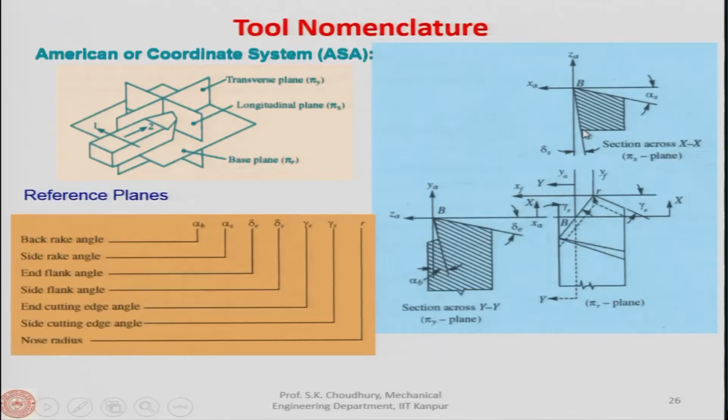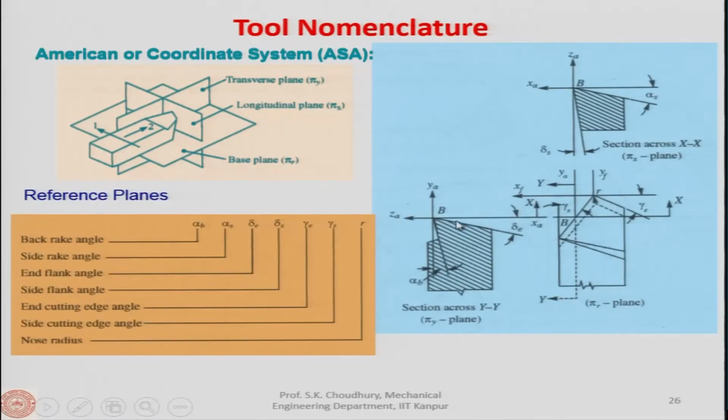Or you take this cross section like this at B point and then you place it here. So, you look at this, all right. Then only the rake face and the flank face will be visible. Similarly, for the YY, if you cut it like this, all right, and reveal what is visible. So, in this plane, okay, rake face here and the flank face will be visible. Otherwise, in this base plane, neither the rake face nor the flank face will be visible. So, now all the planes are there, 3 planes here.